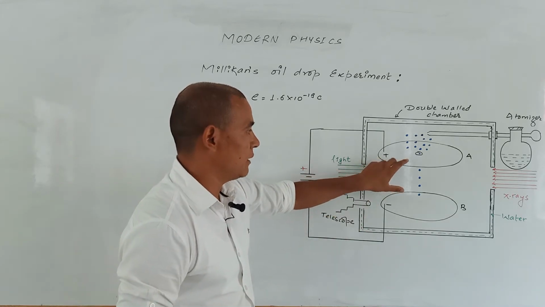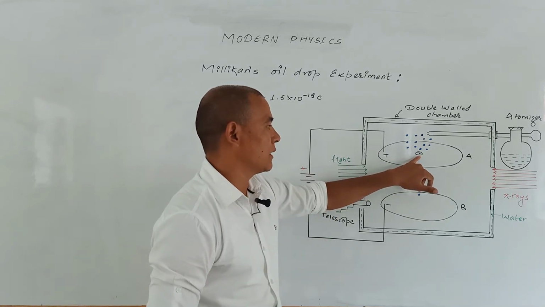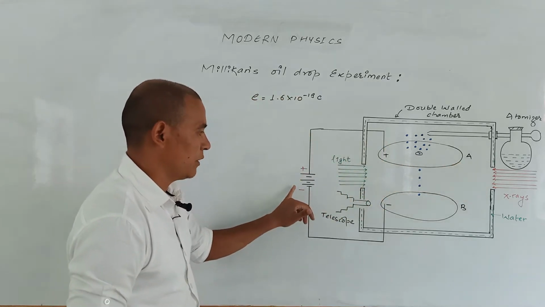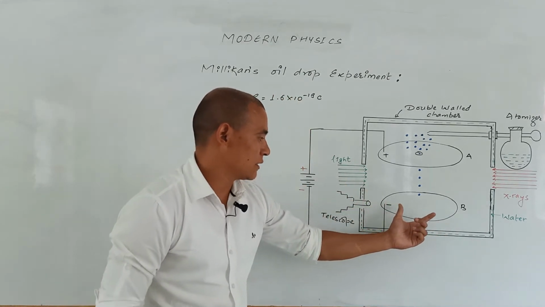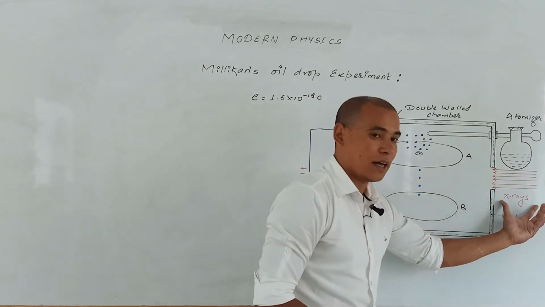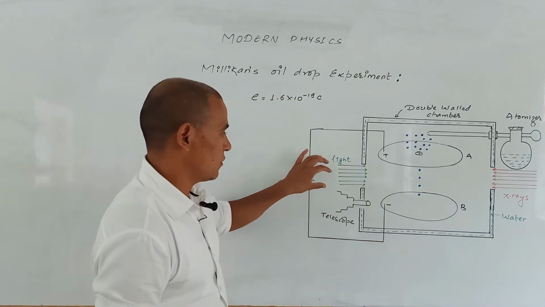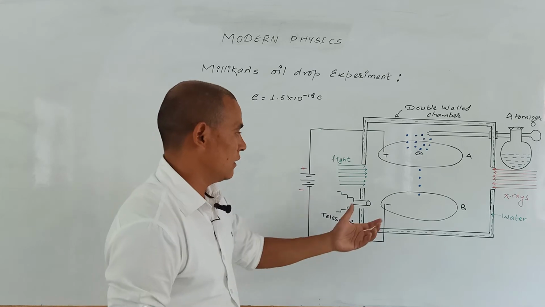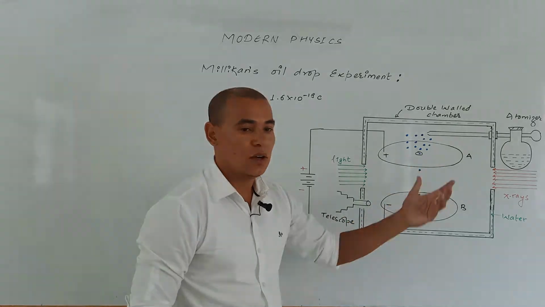Inside the chamber, there are two metal plates, circular discs, with a hole in metal plate A. The upper plate A is connected to the positive terminal of a high tension battery, whereas the lower plate is connected to the negative terminal. X-rays are used to ionize the gas inside the chamber. Light is passed so that we can see the oil drops moving with terminal velocity, and with the help of a telescope, the oil drops are observed.